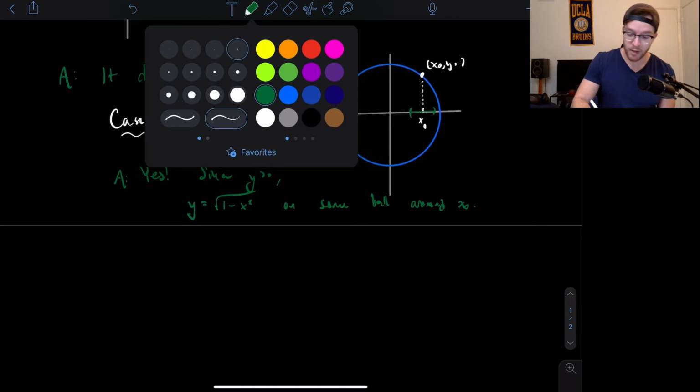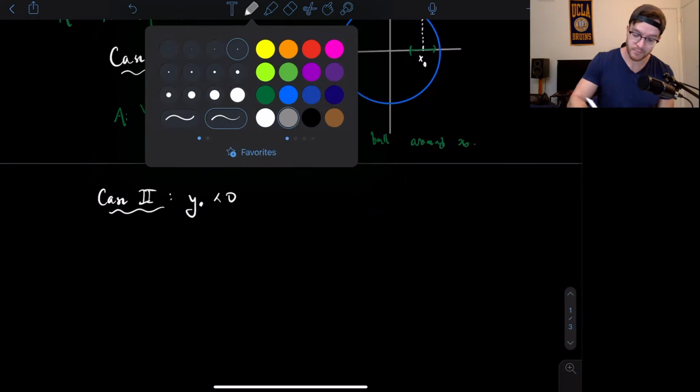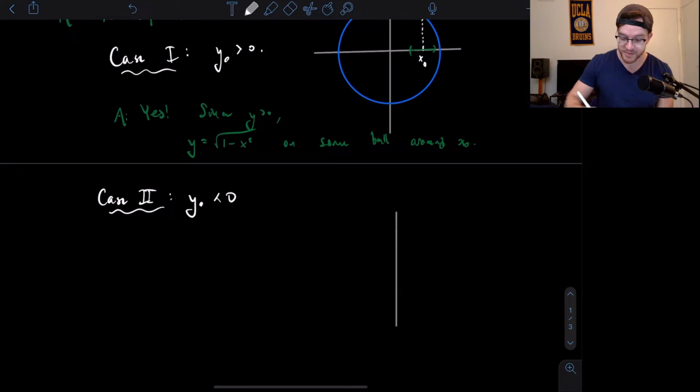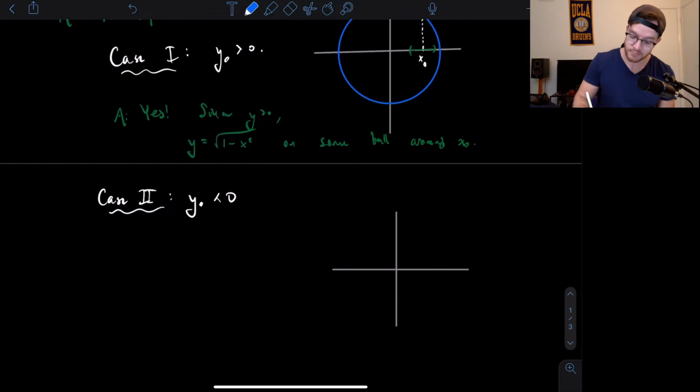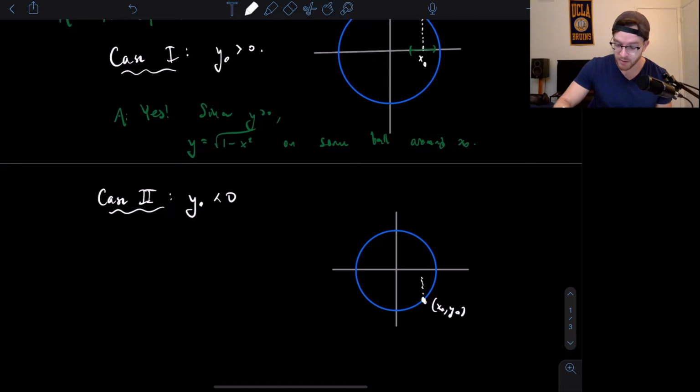Okay, well, another case is, what if y is negative? So the picture here would be almost the same. I have my circle, but this time I pick a point on my circle where the y-coordinate is negative. So here's x naught, y naught. Well, I basically just do the same thing that I did before. I look at whatever my x-coordinate is,